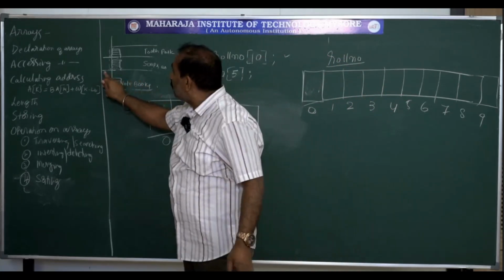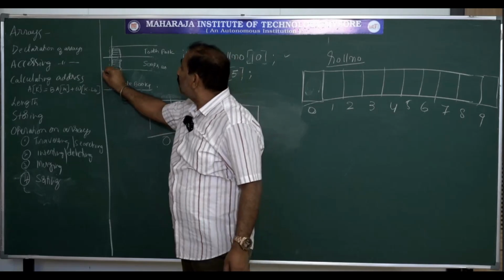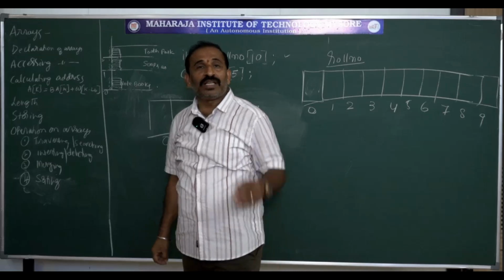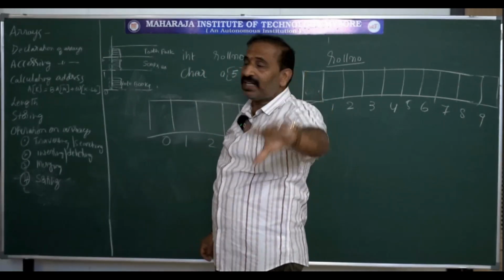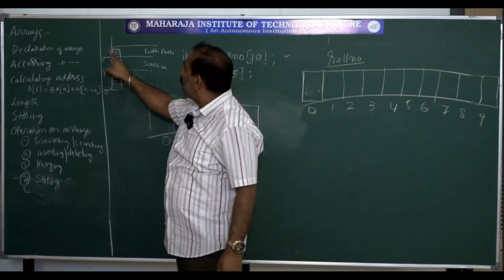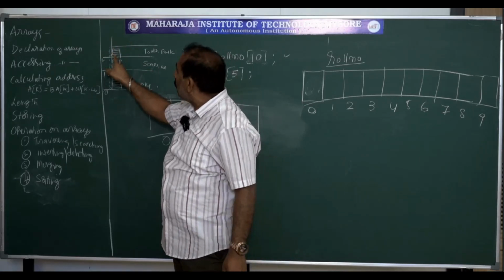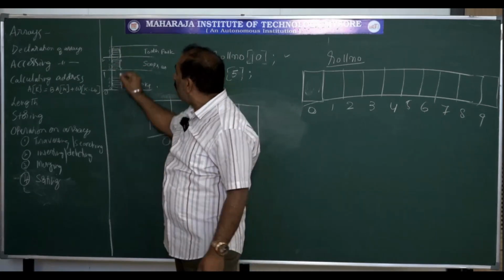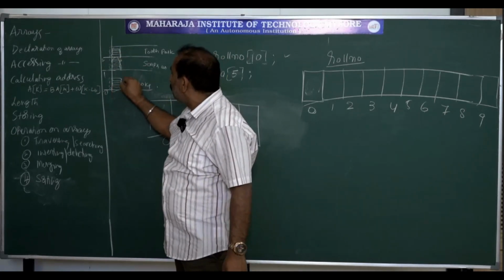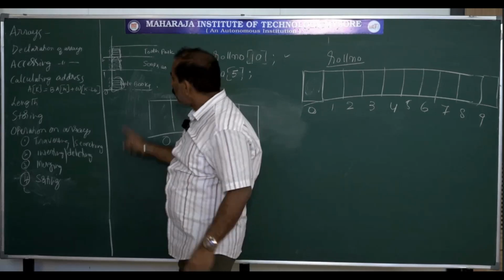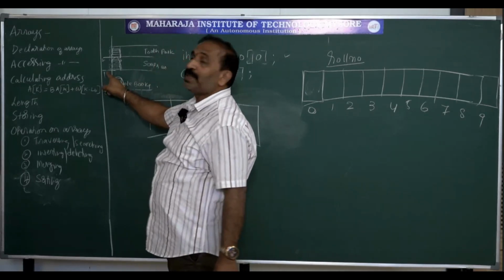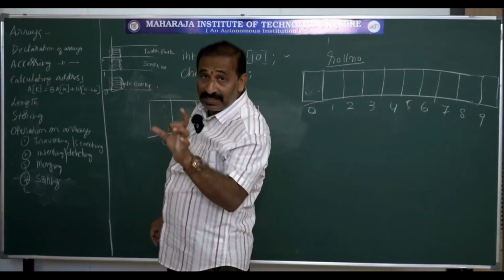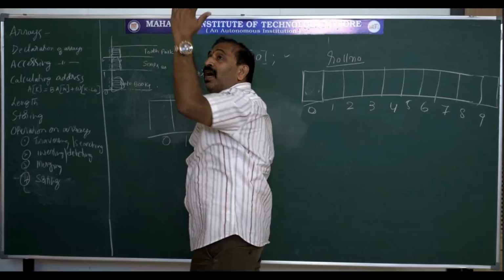Similarly, the base address for this is different. The base address is actually 1. This is ground floor, first floor, second floor, like this. In the second floor of that stack, you have here 0 index, 1 index, 2 index, like this. So 0 index is the toothpaste, 1 index is also toothpaste. All these are homogeneous. They are all soaps. These are all notebooks. But this base address is different, this base address is different. So, depending on the base address, the other addresses